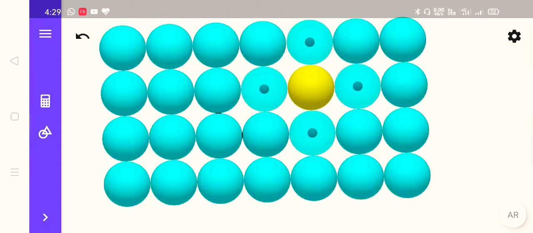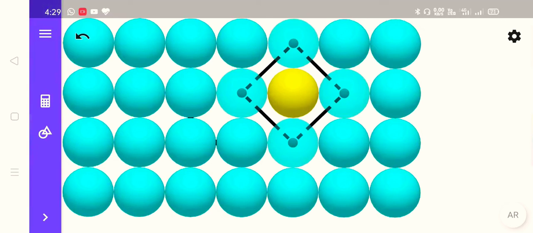Around our center sphere we have four other spheres, and let us connect their centers. When we connect the centers of these four spheres, you will see we have a square shape. Because of this square shaped geometrical formation, we call it